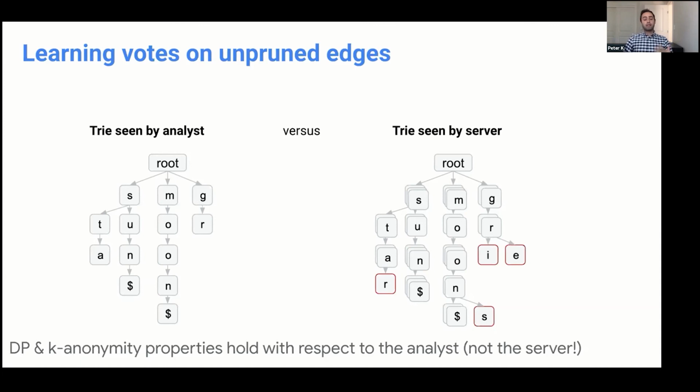But we can still say, what if the server is compromised? The server sees a bit more. The server sees those character extensions that did not get counts or votes above the threshold. And so maybe pathologically, in the worst case scenario, having that extra character added to the tree might leak some information. Again, one could construct these perhaps worst case pathological examples. And so there's a solution for this, and I'll tell you about it in a bit. We can fix this.